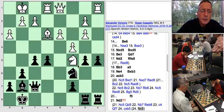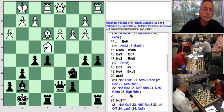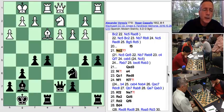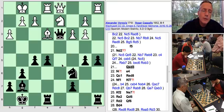So instead, what happened after I attacked his knight was that he had an oversight, and he retreated it back to d2. And the problem there is that there's just an undefended pawn, a loose pawn. So I went ahead and took it. And not only is it a loose pawn, but it allows my queen to come right into the heart of his position. And with that queen dominating the position, it's very hard for him to develop over the next few